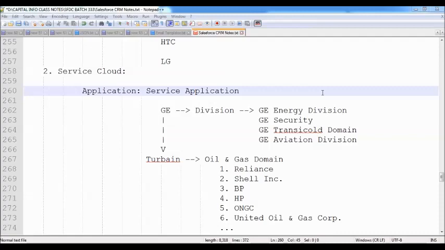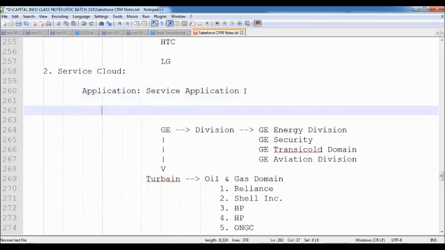So giving the service is very important. Here they are going to be introducing more processes as part of service. In order to automate all these processes used while giving services to the customers, we are using the service application. By using the service application, we can automate all the service processes which we follow inside our organization. Now, as part of the service application, what are the various objects that we are using?